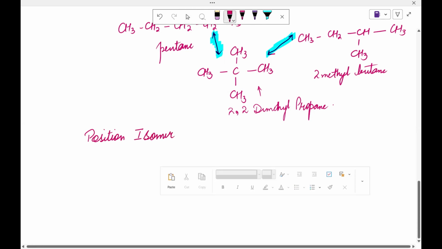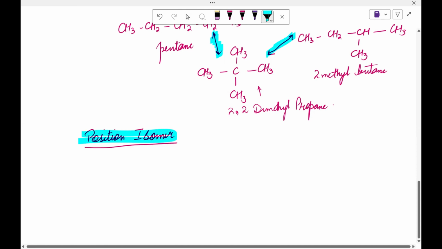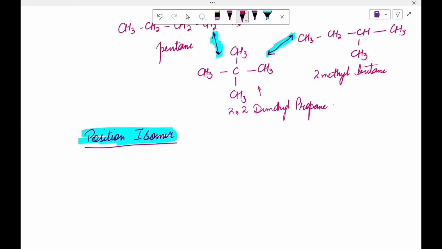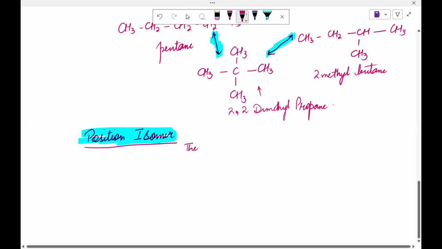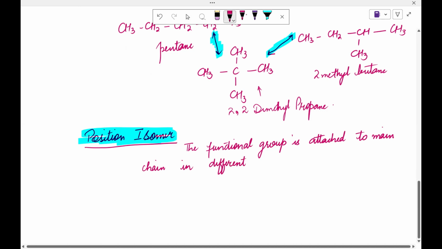This is basically its second type. The functional group is attached to the main chain in a different position. Like for example, now we are going to have,